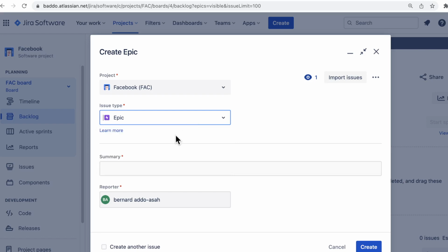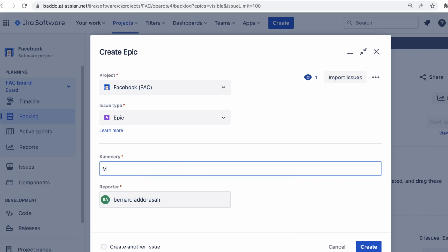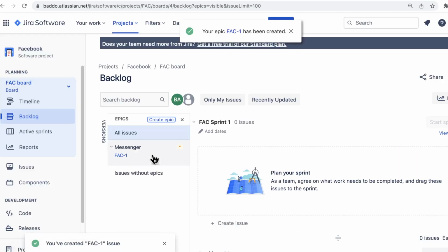So we are here in epic. Now all we have to do is enter the type of epic we want to handle. So here we want to do messenger, right? We want to do messenger, and then you hit create. When you hit create, that's it. The first epic is created for you. Great. Okay, we've created our first epic, which is messenger,